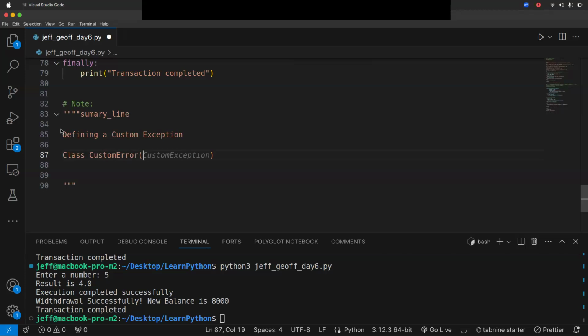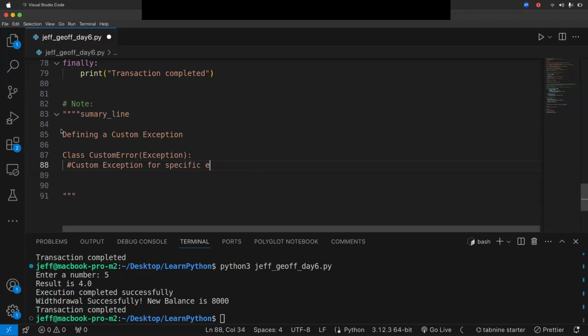Then you can put in the argument for exception. Then basically a custom exception for specific error cases. So you go ahead and do what? And then define a function that initializes self and the message you want.